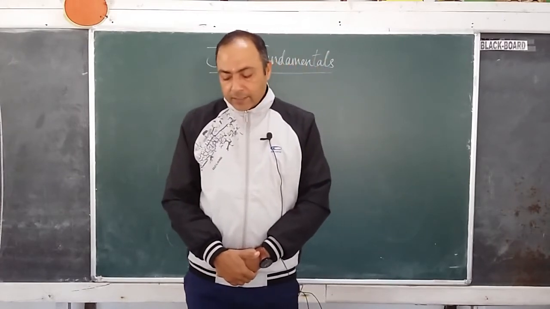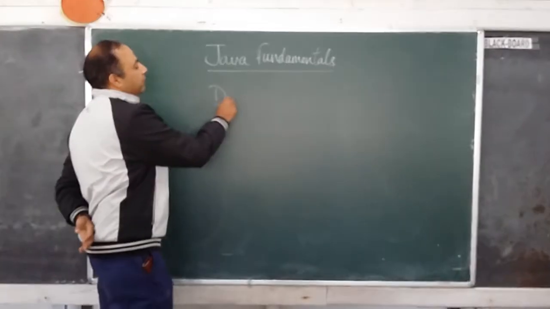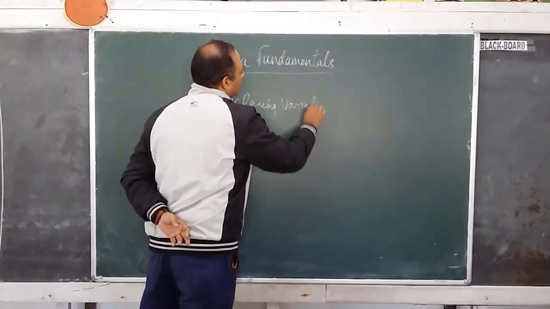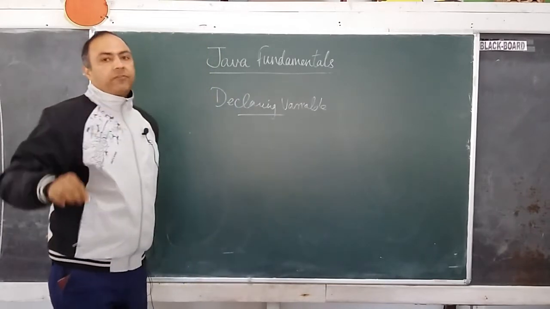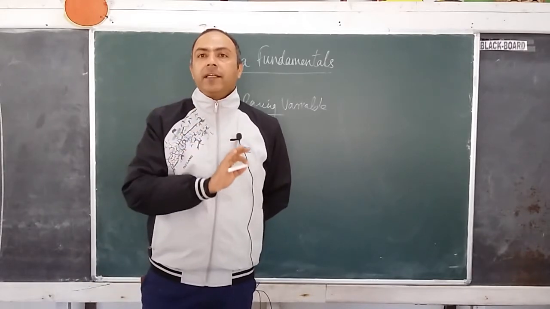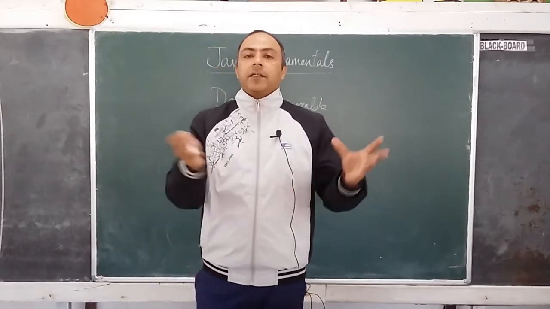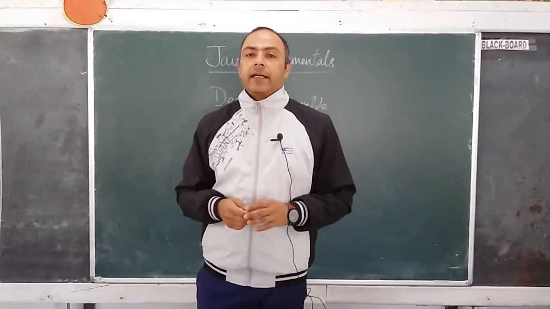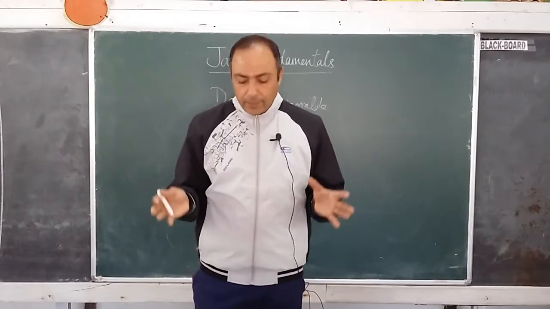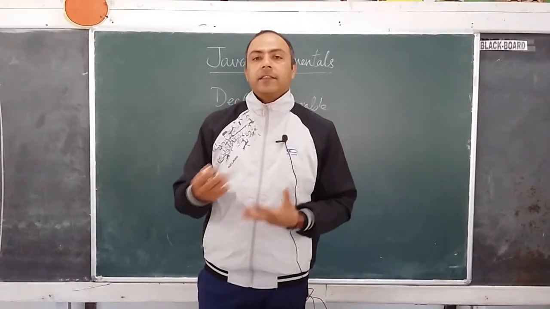The following statement declares the variable. So declaration of a variable means we need to declare the variable. Declaring variables means we need to specify what type of values we are storing in that particular variable. We have to make sure that we tell the interpreter what values that particular variable will hold, so we need to specify the data type. If I want to store decimal point numbers, then I need to use float or double. If I have to use integers, I have to use short, int, or long, and this type of variable I need to specify.